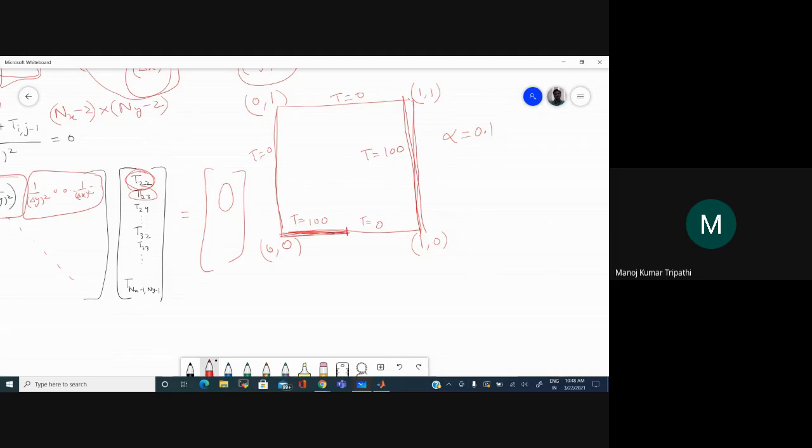You have to find the steady state temperature in this domain. In MATLAB, you can plot 3D plots. So you can plot a surface for temperature versus xy. Temperature will be the z coordinate, and the space coordinates x and y will be the two x and y coordinates. Okay, you have to submit it within 1 week, before the next class and the next live session. If you have any questions, you can ask right now.